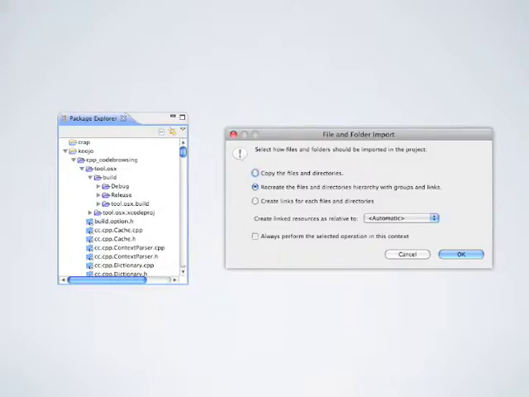So the difference between B and C is that with B, the directories will be created as groups, and with C, the directories will be created as link resource folders. All the link resources can also be created automatically as relative to the project directory or relative to other path